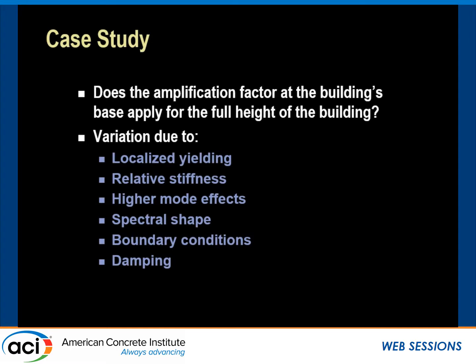We expected some variation, especially due to localized yielding, as the longitudinal rebar starts to yield in one pier, but it's still elastic in other piers. That will help concentrate some strain and some demands in certain elements. There's also differences in relative stiffness between the DE model and the MCE model. Higher mode effects, as Tom mentioned, and spectral shape. For example, the DE is typically based on 2/3 MCE, which is a uniform risk spectrum, whereas MCE results a lot of the times are done using CMS, so they have a different spectral shape. Boundary conditions may also be different between the two models. One might have a fixed base, one might have soil springs. And then, of course, there are different damping assumptions.